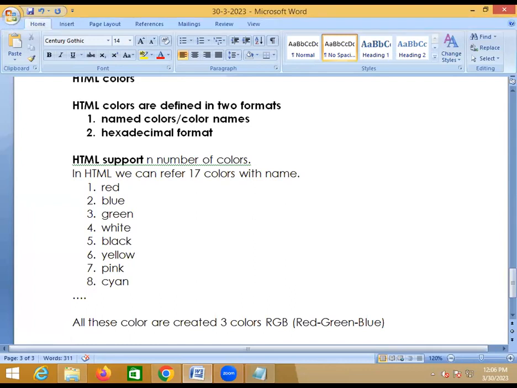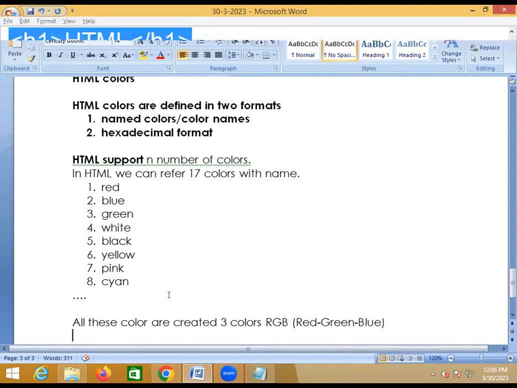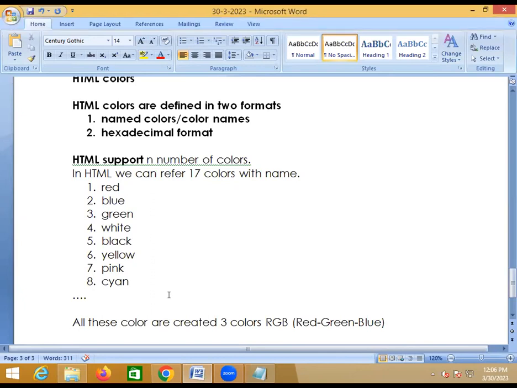Getting it or not? So don't think that you can learn CSS without knowing HTML. No, these both are interlinked. And without knowing HTML and CSS, you cannot learn which one? JavaScript. Because the main purpose of JavaScript is to make your HTML page what? Dynamic. So without knowing HTML tags and CSS, you cannot move to which one? JavaScript. Now you want to learn AngularJS or NodeJS. For that, again, you require which one? JavaScript